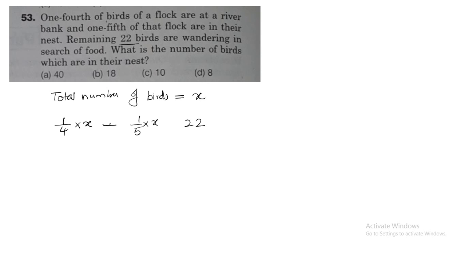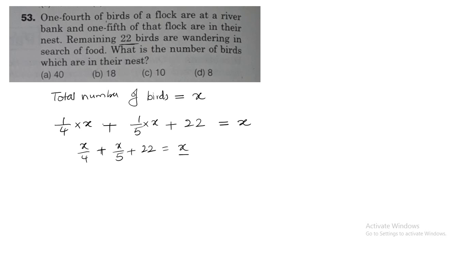Now if you add all these values, then that will be equal to the total number of birds only, no? So from this what have you understood? 1 by 4 times x plus 1 by 5 times x plus 22 is equal to the total number of birds. Now from this I can write x by 4 plus x by 5 plus 22 is equal to x. Since on the left hand side we have two x terms and one x term on the right hand side,